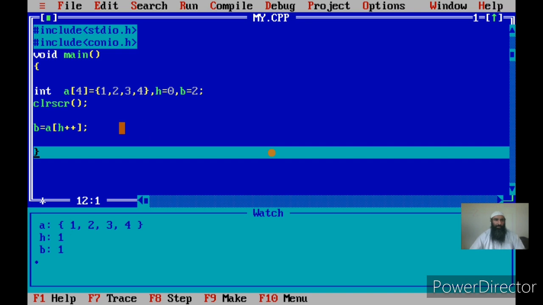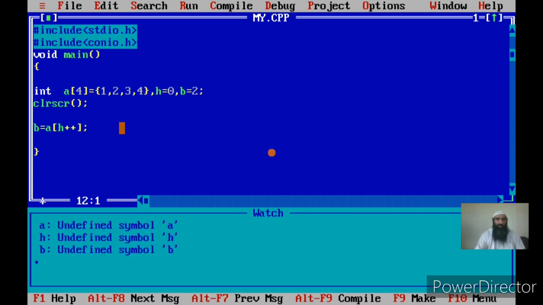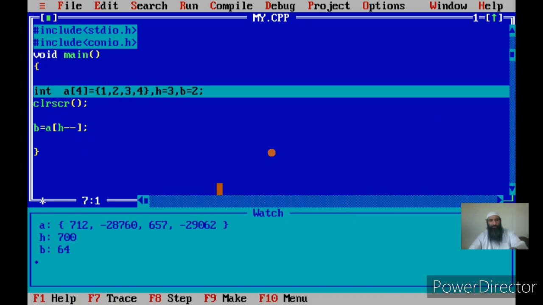Okay, now you can equally use the decrement operator as an index for indexing into an array. Let me put h equal to 3. Now I can say h minus minus. Since it's a post-decrementation, that is, the operator has been used in postfix form on h, h will have the same value, that is 3, and it will be referring to a of 3, that is the fourth element. Okay, let us see that also.